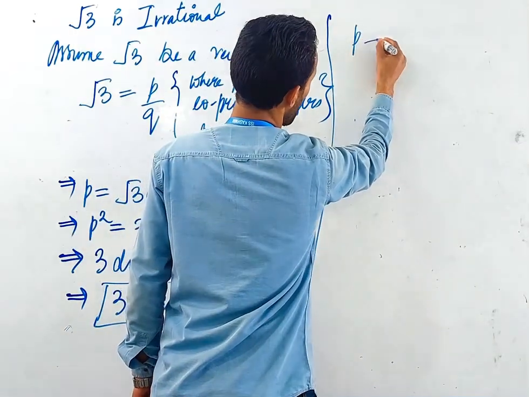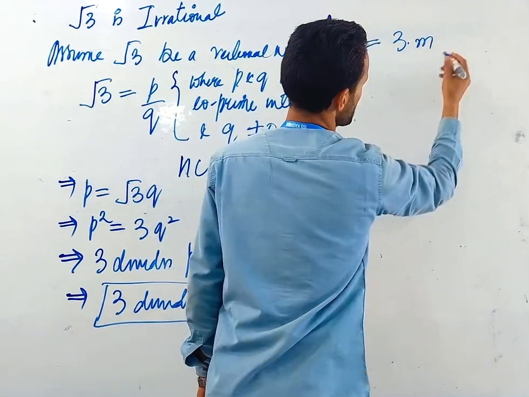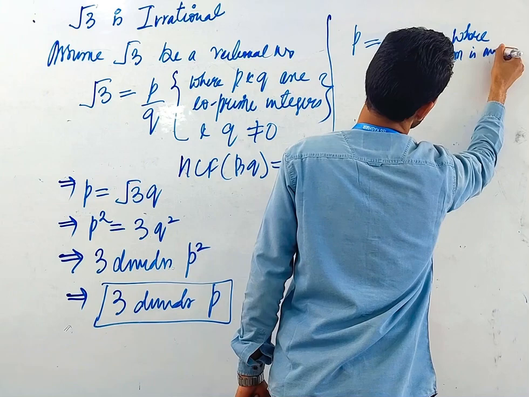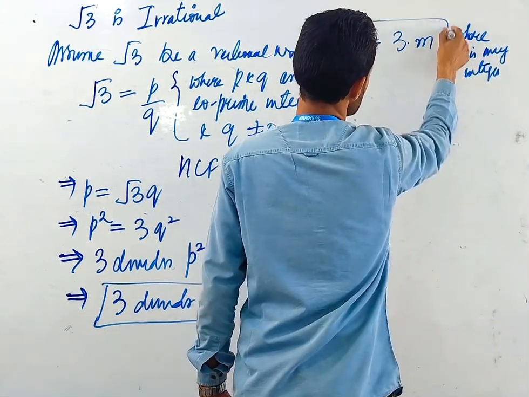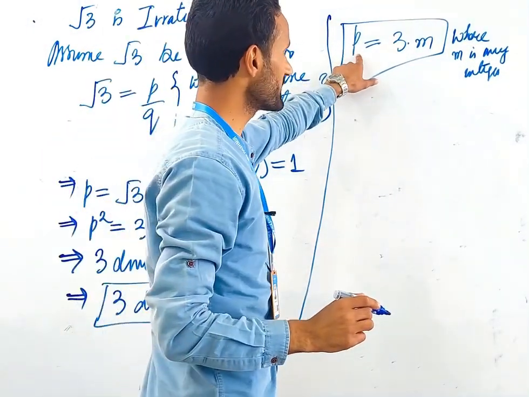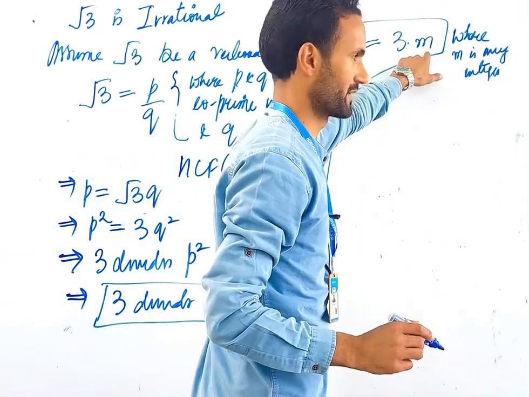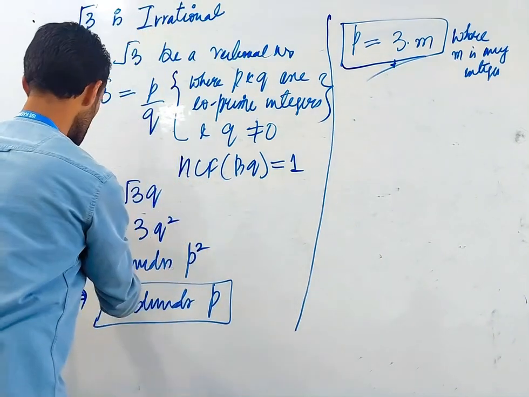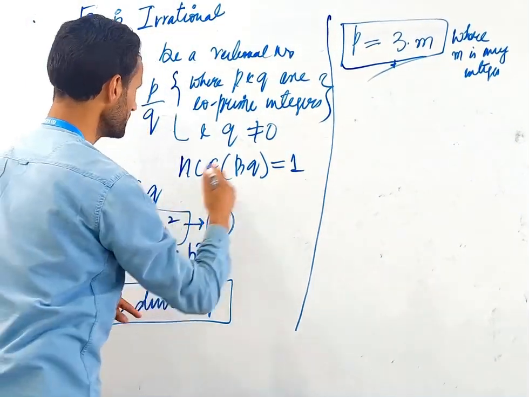That means if 3 divides P, then P can be written as 3 multiplied by some integer M, where M is any integer. Since 3 divides P, that means we can express P as a product of 3 and some integer. Using this in the original equation, name this equation as A, we will get